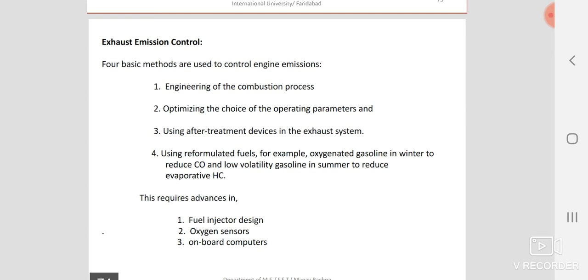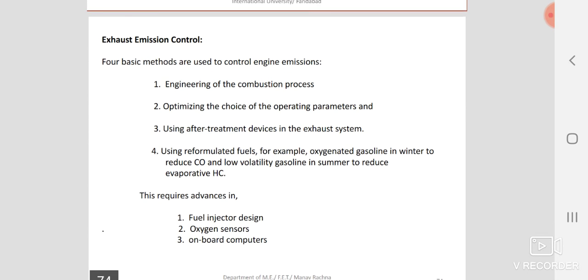Optimizing the choice of operating parameters. We can choose different operating parameters. We can increase the speed, we can decrease the speed. We can go with a particular fuel length, air-fuel ratio depending on the speed parameters. We know what the green zone in the speed parameter of the engine is and we can run the car in that speed parameter. We try to minimize emissions while the car is running in the red light condition. In the red light, we put off the car so that no emission is there, because during the idling period in red light, the emission is maximum. So we can decrease it by switching off the engine.